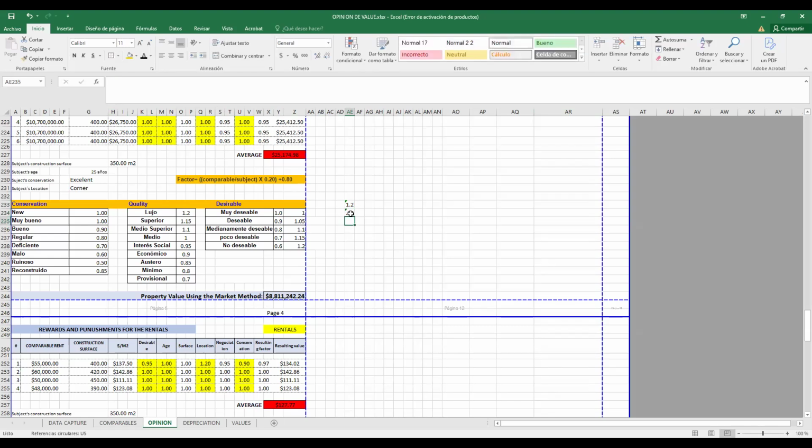Do you see the difference? The difference is 30%. So you need to reward the subject, your property.